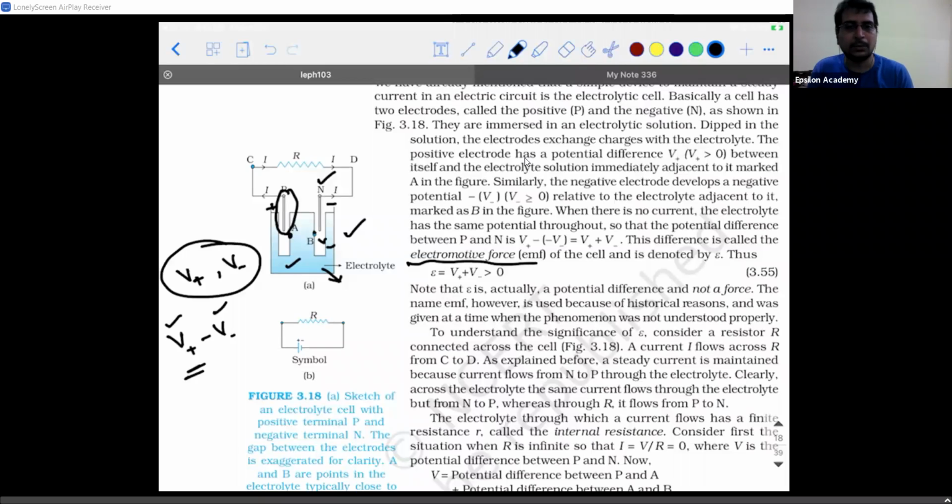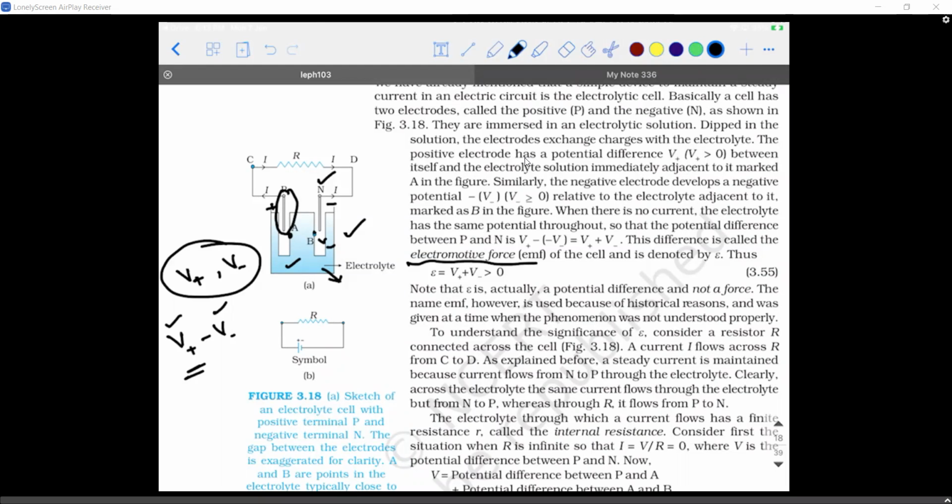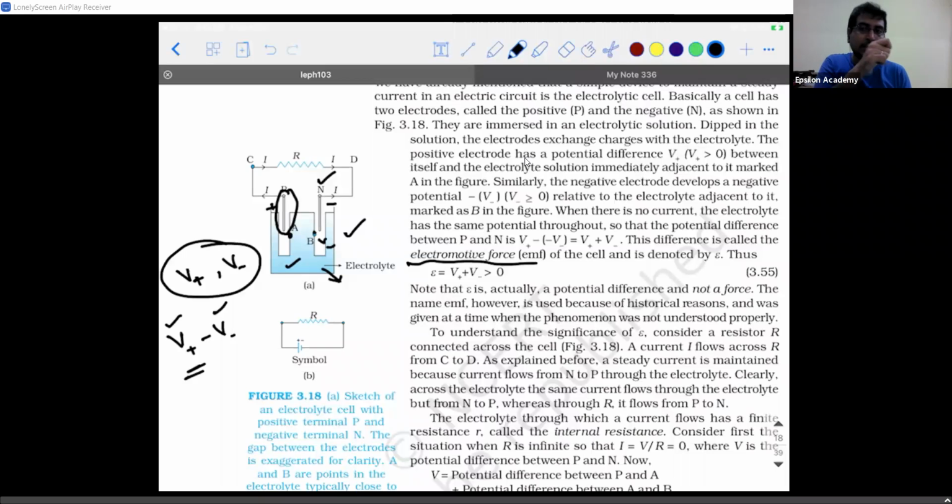Are you able to understand what I'm trying to say? Yes. So have this in your mind, because from here onwards we'll be using the terms EMF and potential difference. You should not have any confusion. EMF is also potential difference. Why I'm saying you should not have confusion is because EMF stands for electromotive force. Nowhere did we call it electromotive potential. So we might think EMF means force. No, EMF is the potential difference existing between the terminals of a cell in an open condition.